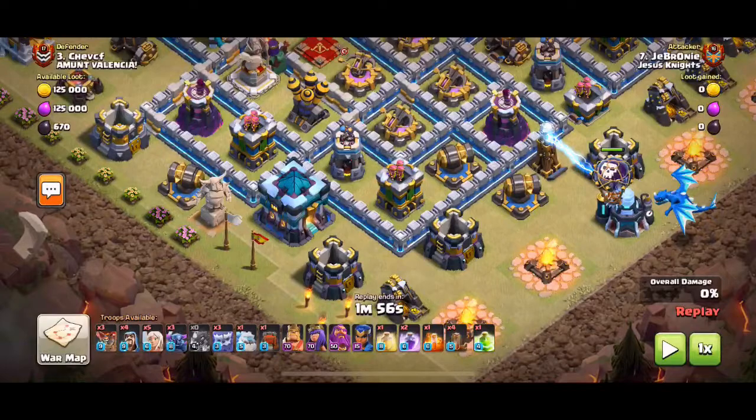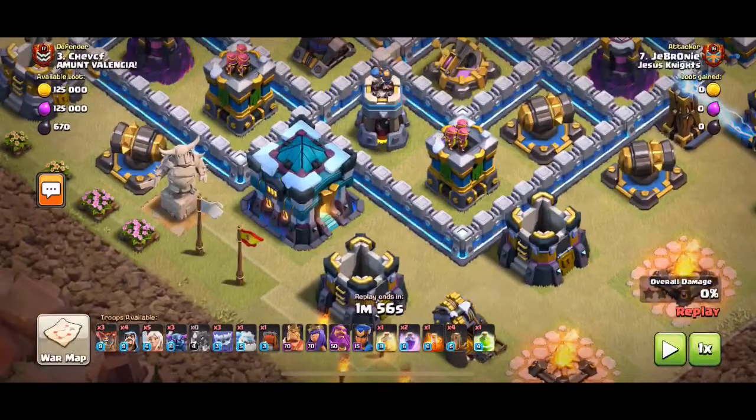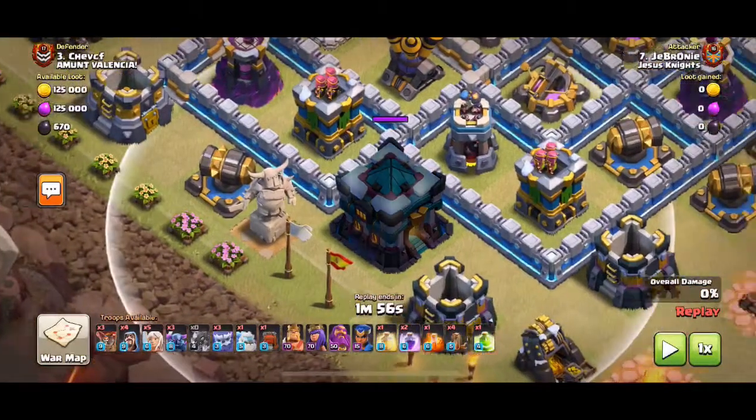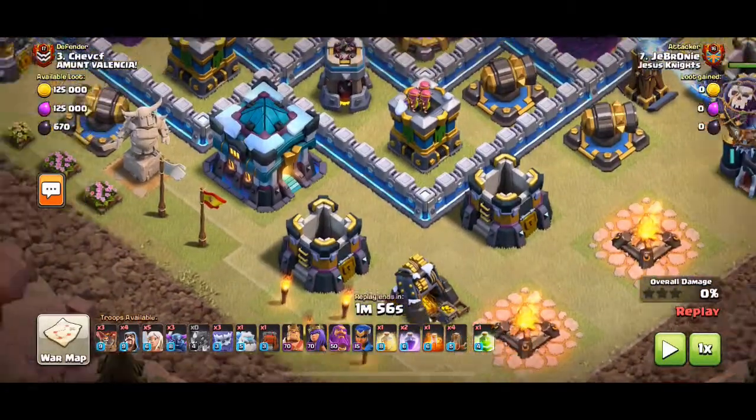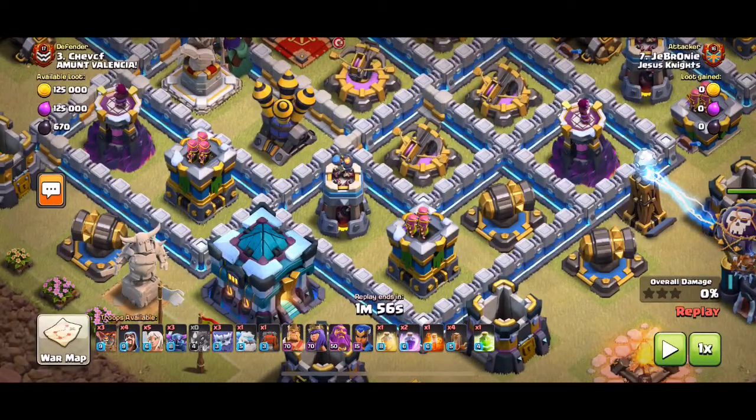So what I did is I used an ice golem on this cannon and then a wizard to shoot down the cannon. And then the Barb King placed on this town hall. And my goal was the ice golem will pop, and then that will freeze the defenses in the area, including the town hall. And that way the Barb King can survive and take out that town hall. So once that town hall is gone,